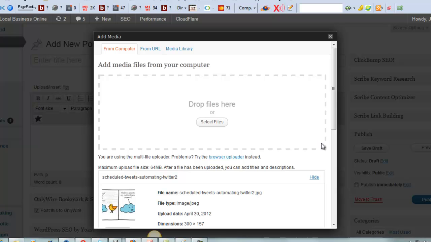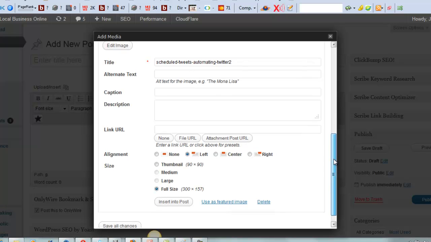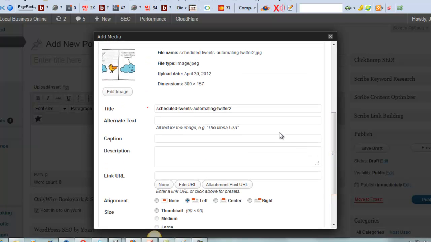And now that this is uploaded, if you scroll down, you get all sorts of options here. Now, remember what I said about using keyword phrases and related keyword phrases? You want to put your keyword phrase and related phrases in your title here. A related phrase in your title is fine. And for the alternate text, this is where you tell Google, it's the hidden code behind the picture where you tell Google and the other search engines what the picture is about.